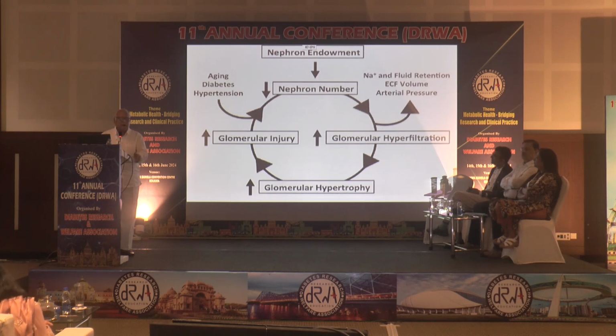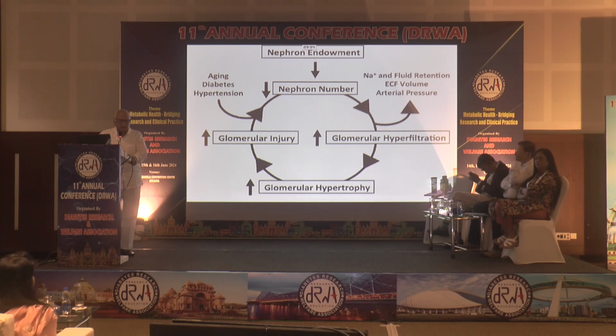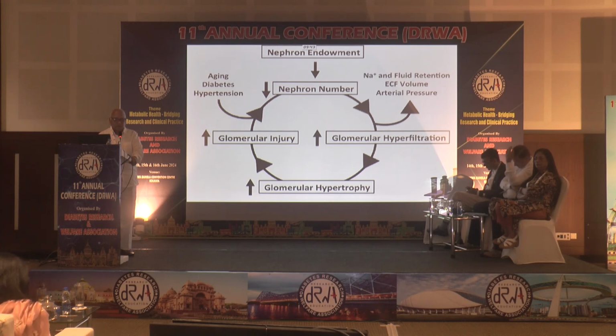It is the nephron endowment. Brenner came to India. He continued to come for 8 to 10 years, but a celebrity, more than a Nobel Prize winner in renal medicine, Barry M. Brenner, and he gave the concept of how many nephrons you are born with. If you have a lesser number of nephrons, the taxation is more work, more filtration, and this is the only organ in the body after the liver which has a potential to